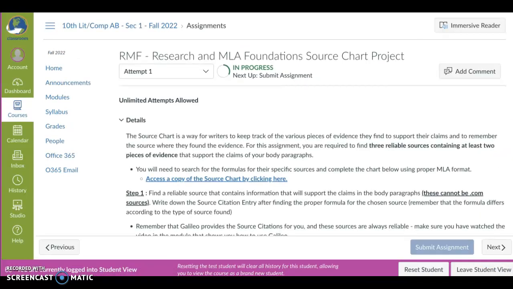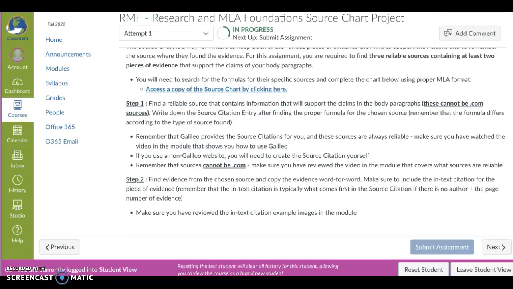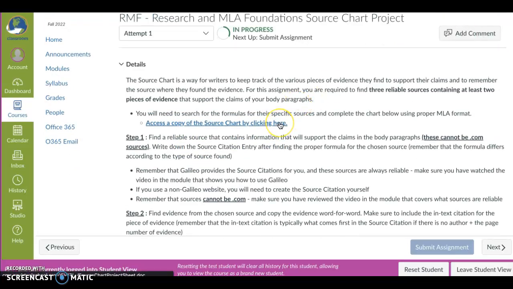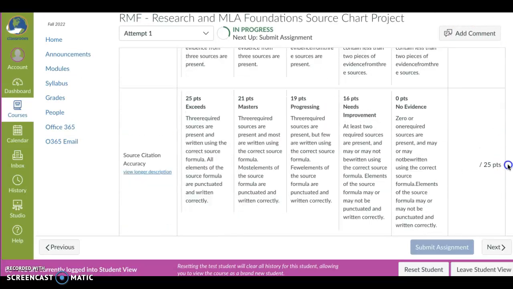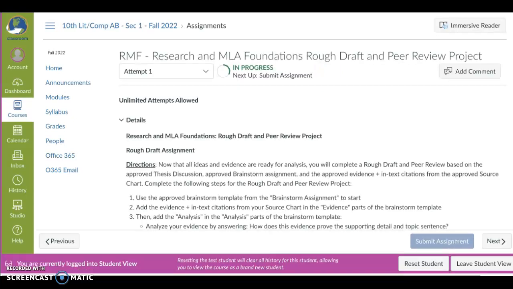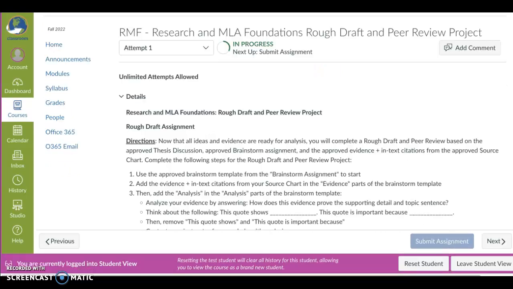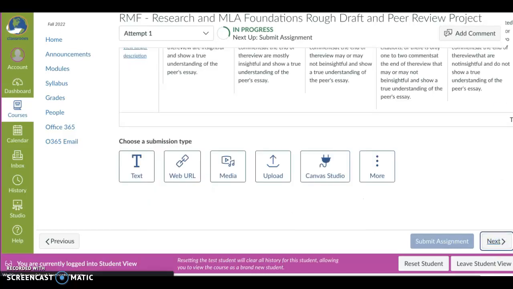You come across your project. Okay, so this is a test grade. Again, you have the template here that you're going to use, and then you want to read through the information very closely, read through the rubric closely, choose your submission type, submit, and then the last page you have your essay that you're going to submit here, same as you did your previous assignment,